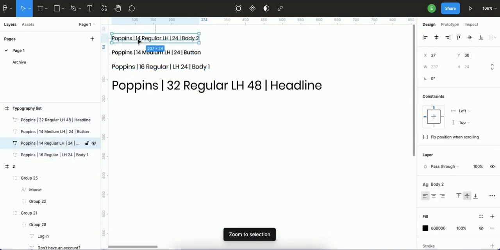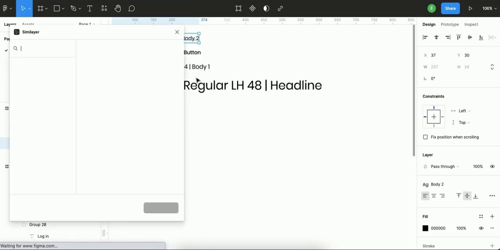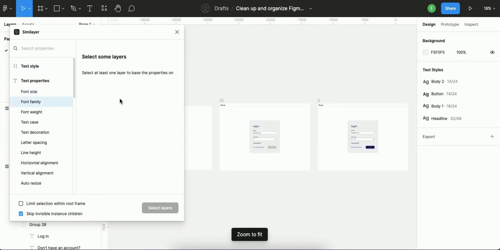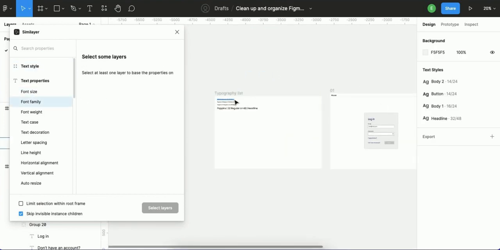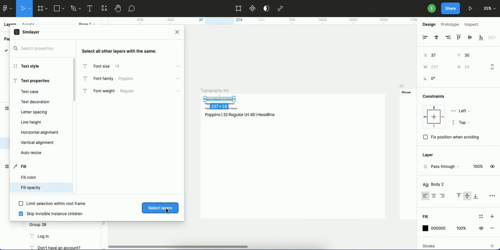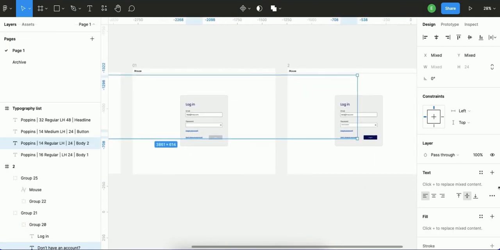I select one of them, search for the Similar plugin, run, and submit. And what I want to say to the plugin now is: please select all the typography with the same font size, font family, and font weight. I run the plugin, it will select all the layers, and what I will need to do here,